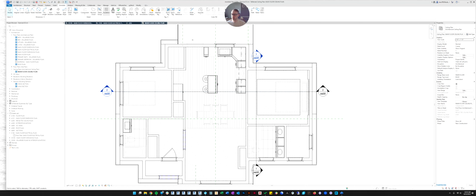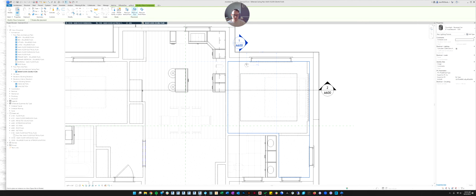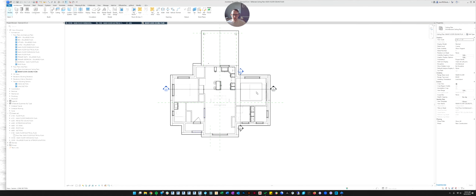And then I'm going to go back to place a component. Let's do my downlight. And then it says place on face, which is what we want. We just need to be sure what face we're placing it on. And because of the underlay, it's hard to tell.